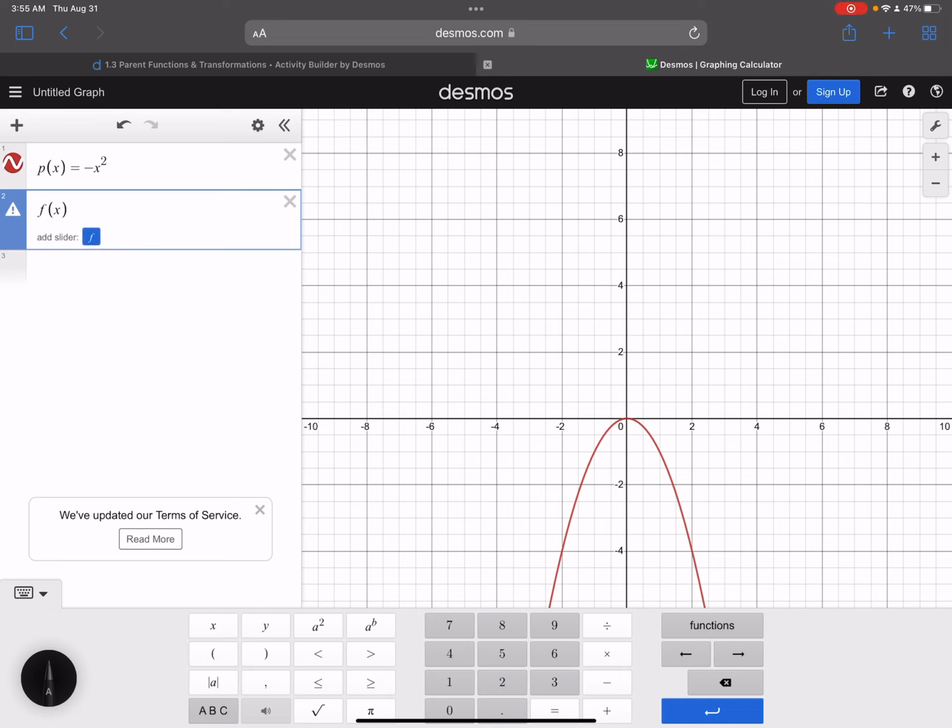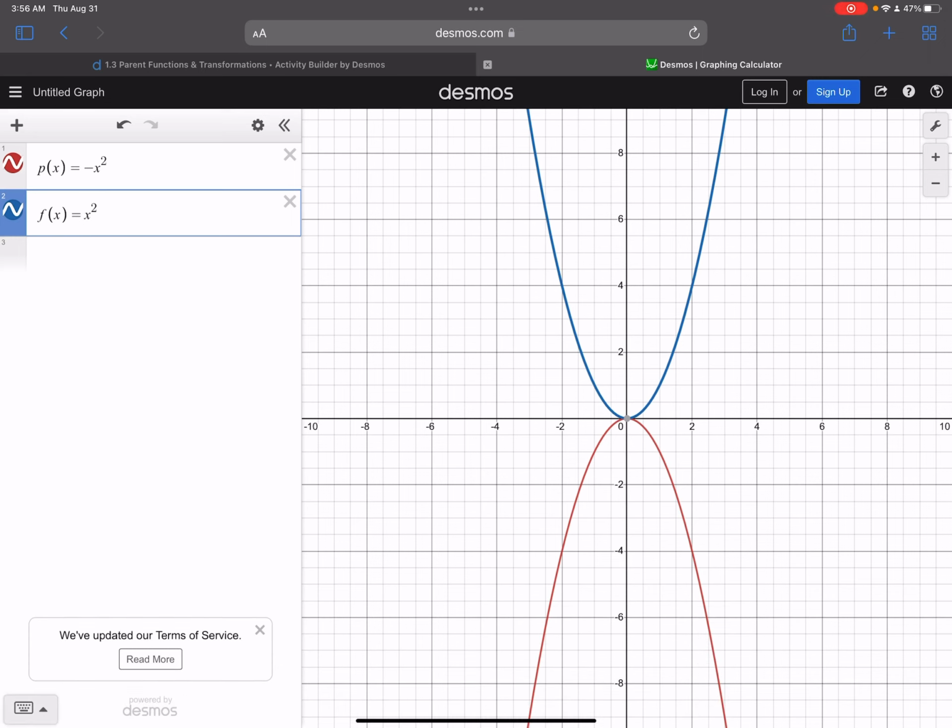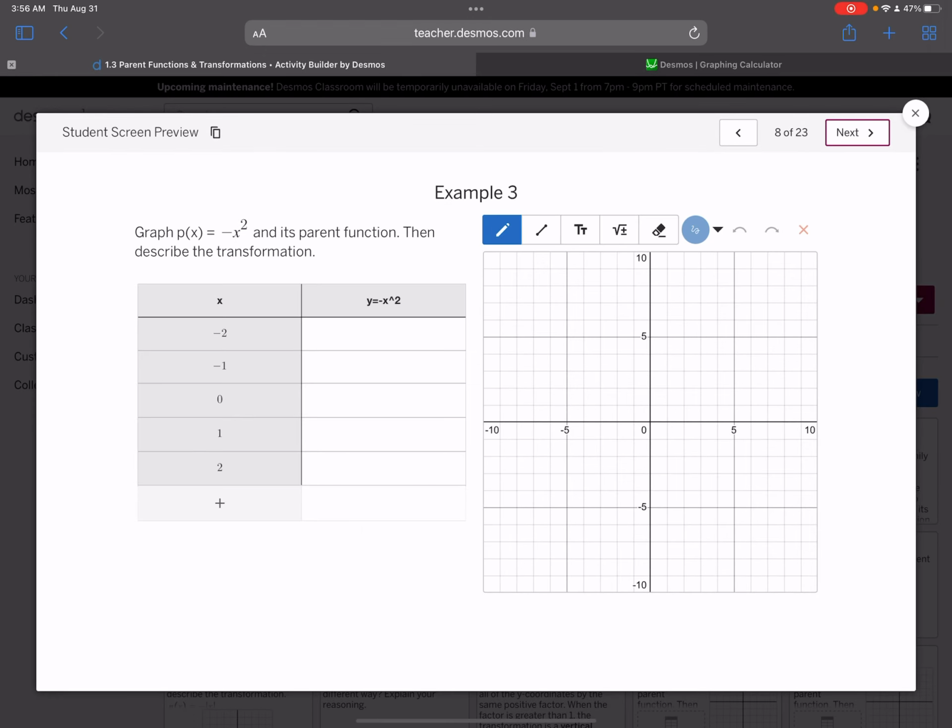of x equals, and our parent function of that is our quadratic, just regular x squared. Alright, so our parent function is the blue, and our new function is the red. You'll copy this into your book, so if you need to pause, go ahead and pause. And then describing this transformation, so from the blue to the red, I'm noticing that it's like a mirror image over the x-axis, right? So the way I'm going to describe that,